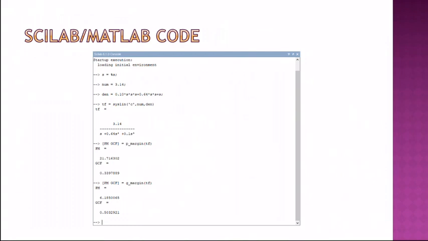Next, we use this p_margin function, which is for phase margin. So we can see that we use phase margin with the transfer function that we used above. So the first one down here is GCF, which is the gain crossover frequency, which is 0.339789, and phase margin PM, which is 21.716302.